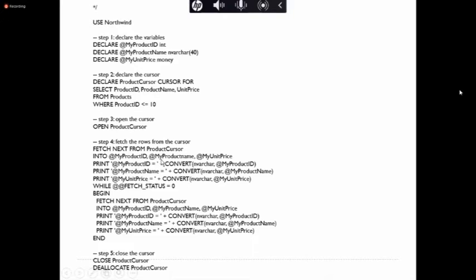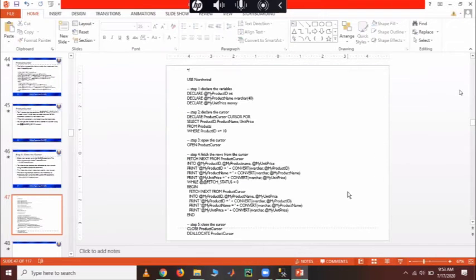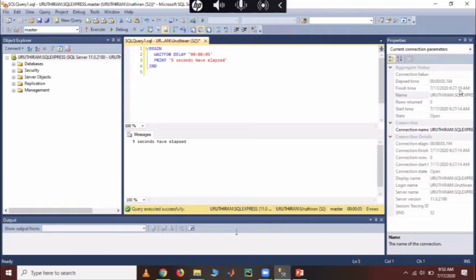Here you only get one row, so to get more rows, use the while loop to check whether any other rows exist. The last step is to close the cursor. You can run this statement in SQL Server, and you get the rows one by one.